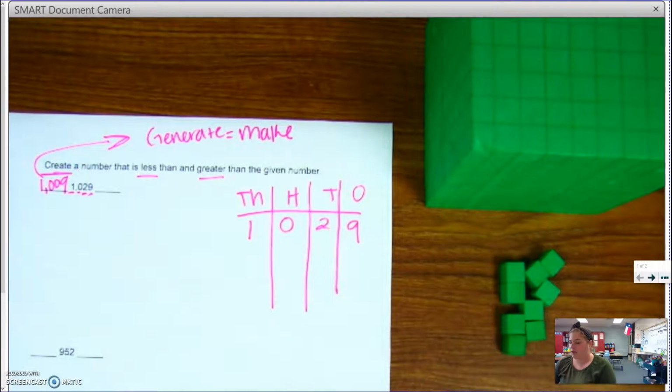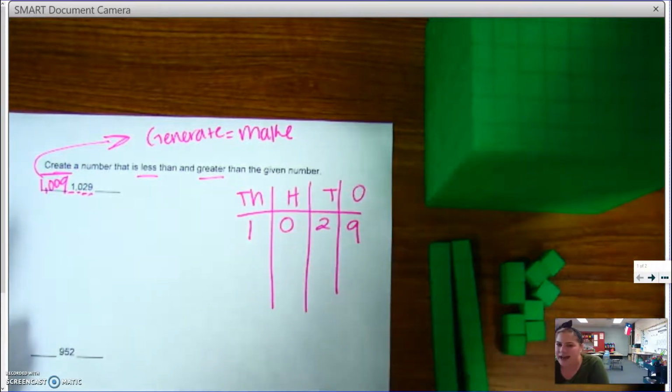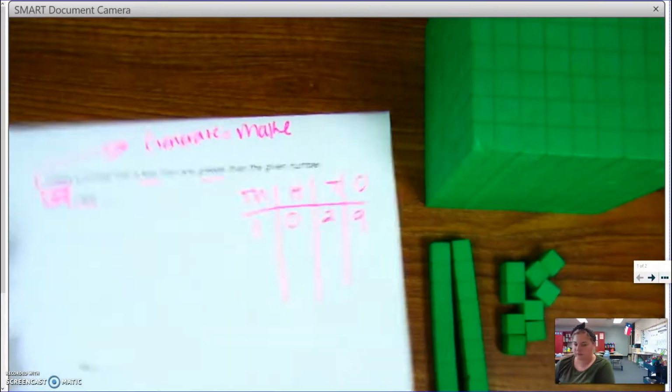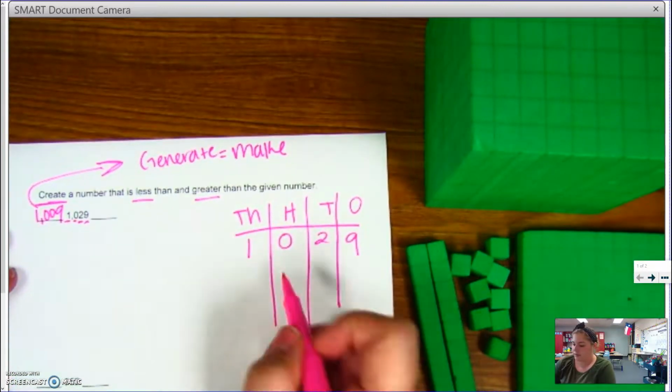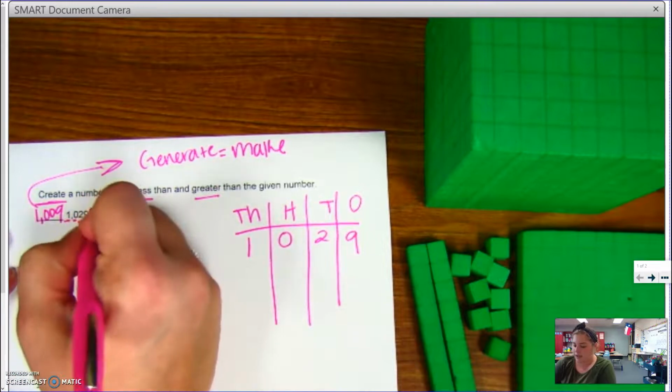I could make a number greater, and I could add a flat to my equation here. That would put me a 1 in the hundreds place. So that's